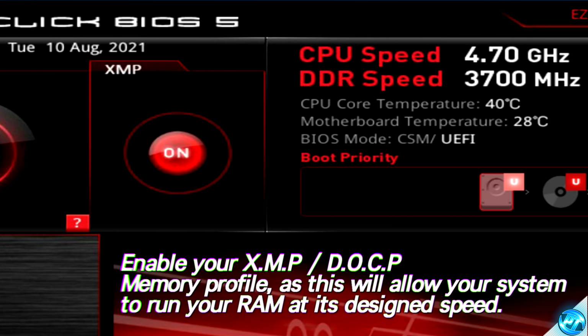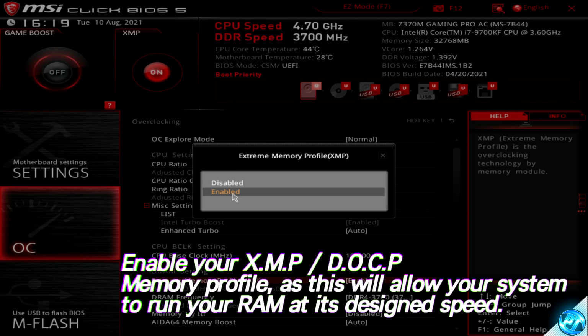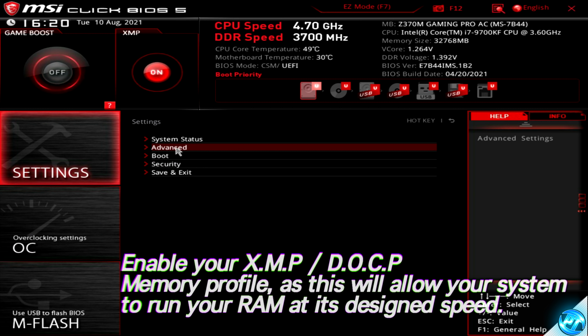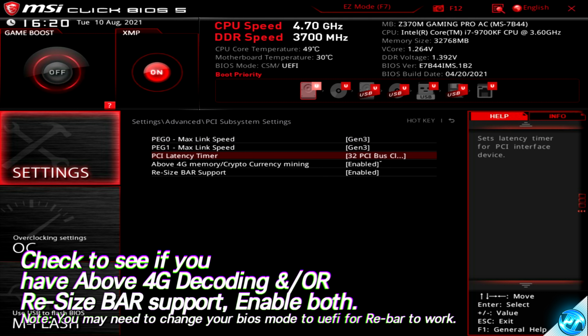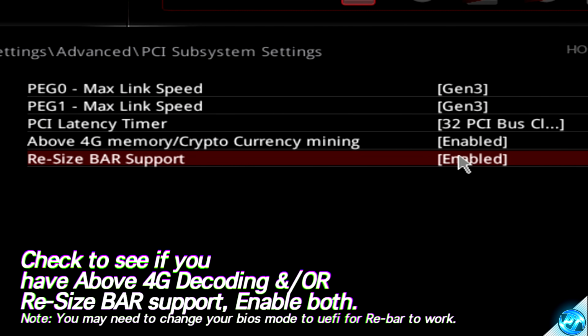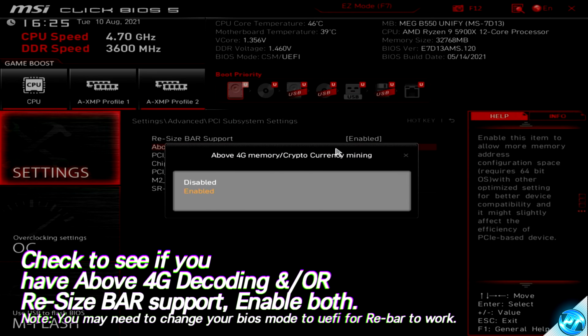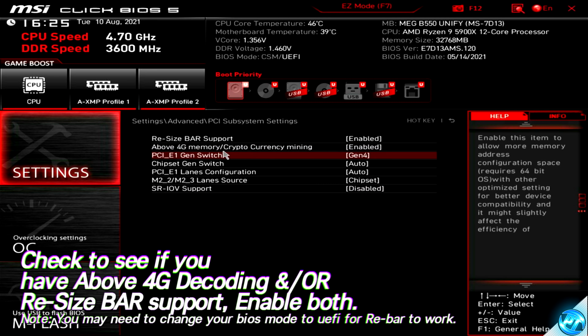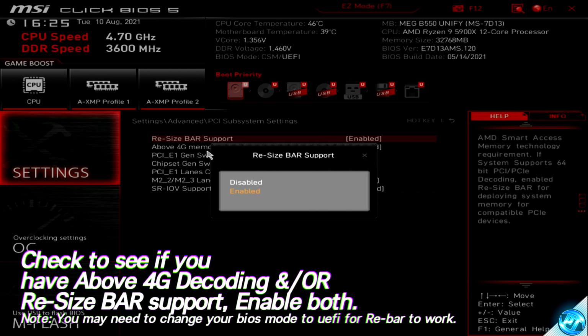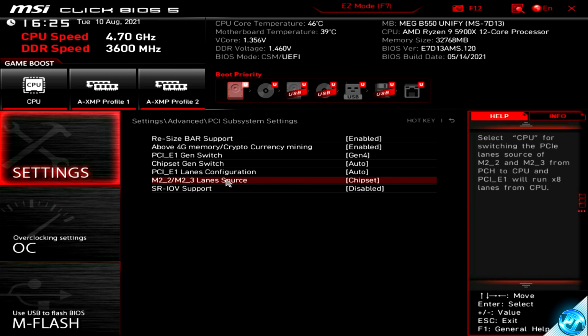This will allow you to achieve the best speed possible from the RAM kit you have installed in your system. Alongside this, it's also worthwhile to check and see if your graphics card supports Resizable BAR and Above 4G Decoding. These two options can be found under the PCI section of most BIOSes for newer gaming PCs. If you see one or two of these options available to you, it is always recommended to use these for